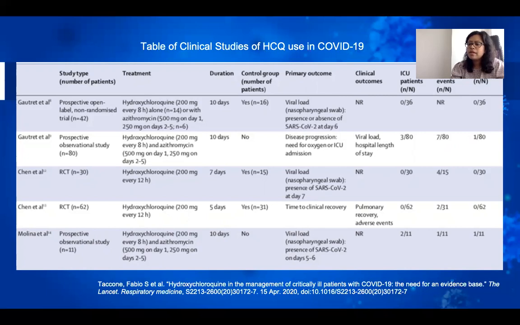So the first couple is by a French team led by Gautret et al. The first one looked at 20 patients with the coronavirus, COVID-19, who received hydroxychloroquine, and then 16 controls who had the virus but didn't receive it. At day 6, 70% of those who had the hydroxychloroquine had a negative viral PCR swab, compared to 12% of